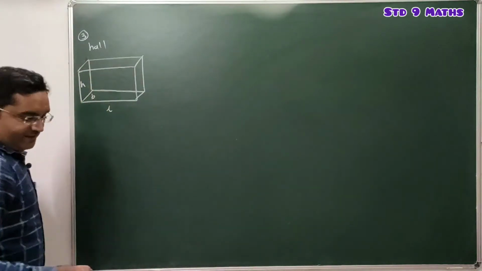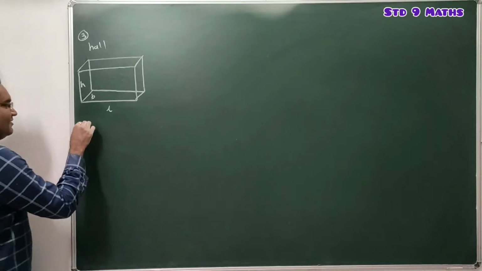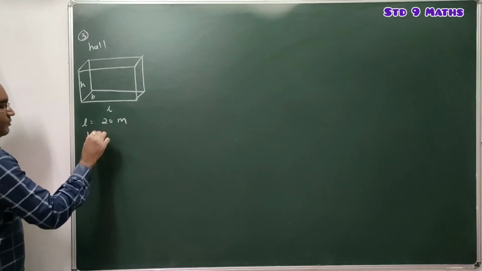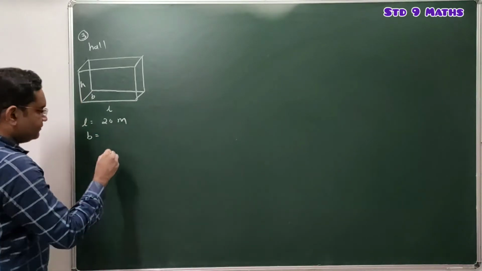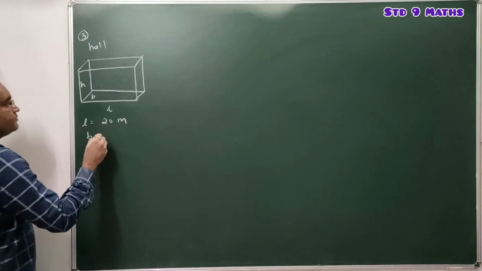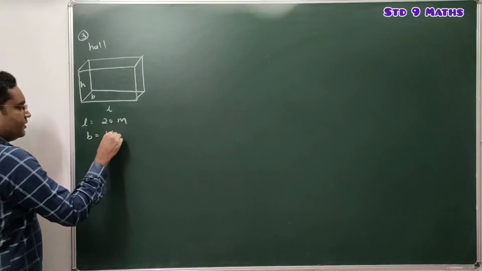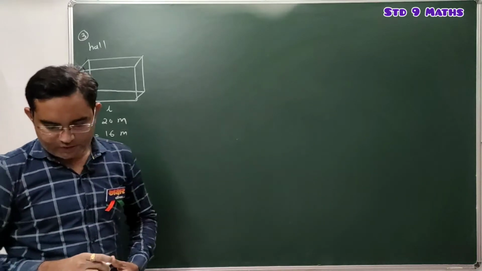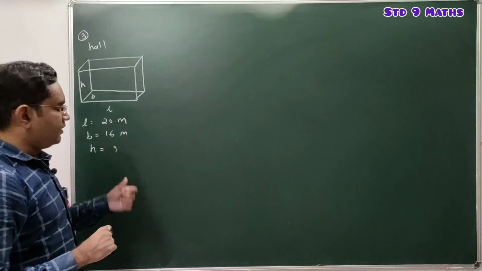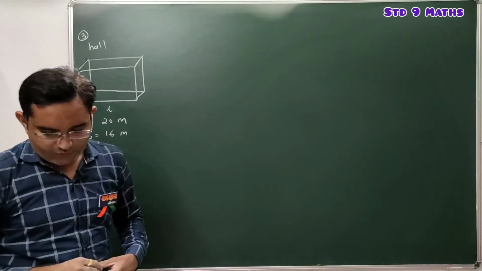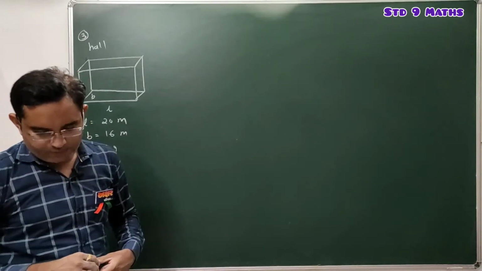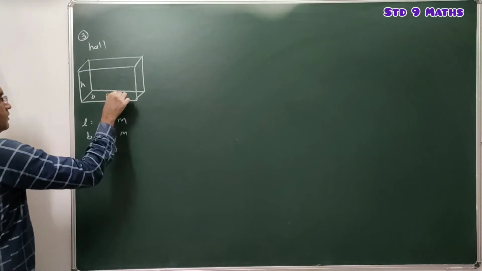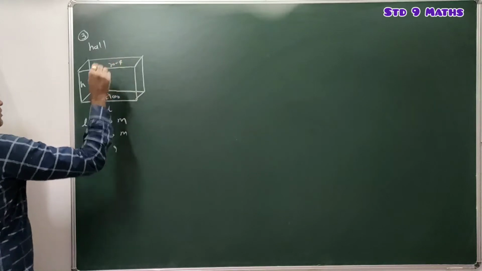So here length L is 20 meter. Length of this hall is 20 meter. Breadth B, width, is given, that is the breadth, which is 16 meter, and height H is not given. Length of the hall is 20 meter and width is 16 meter. And here the sum of the area of the floor and the flat roof is equal to